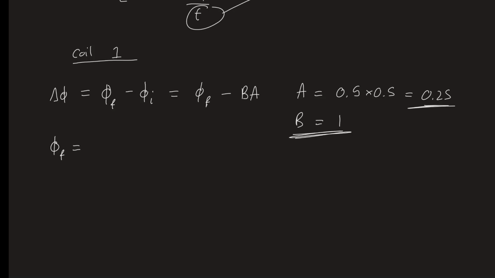Phi final, so the final flux, we need to use BA cos theta. We established this in a previous video, that if a coil or a loop is rotated, the flux through it will be BA cos theta, where theta is the angle of rotation away from the perpendicular situation. The final flux, phi f, is BA cos theta, and we know the angle of rotation is 1 degree, so we can calculate that. BA cos of 1 degree is equal to